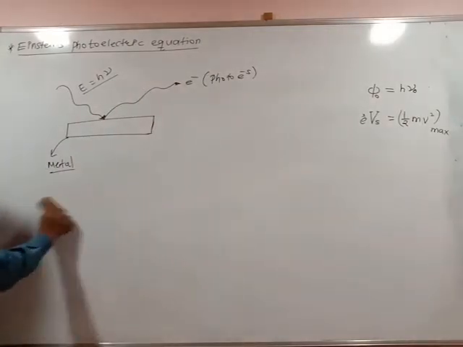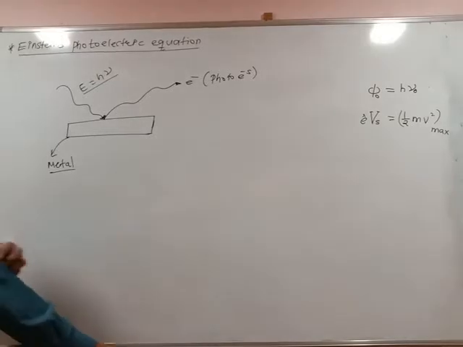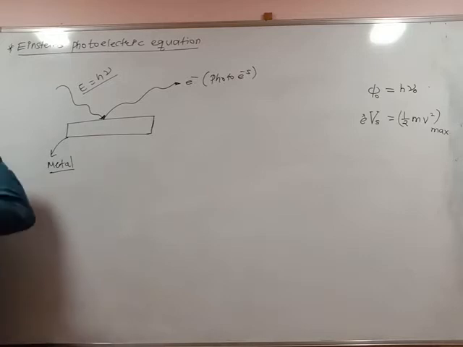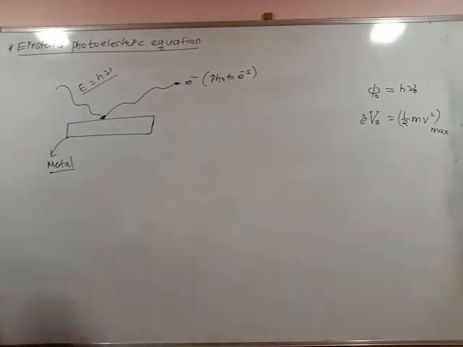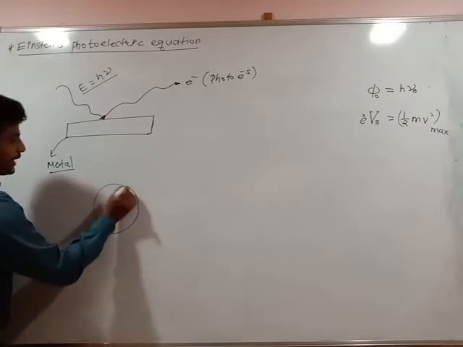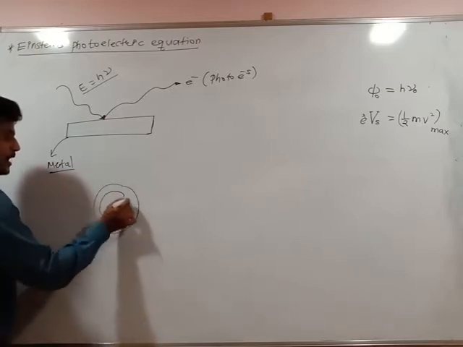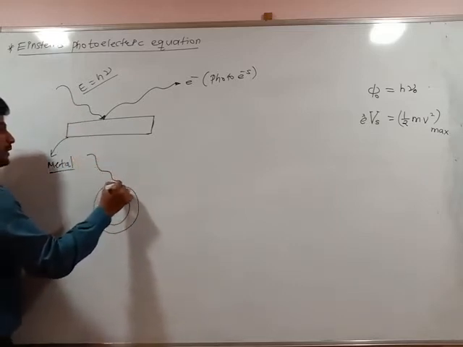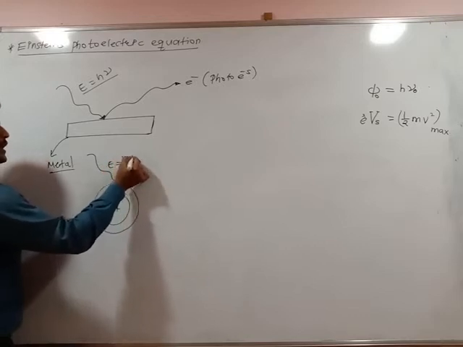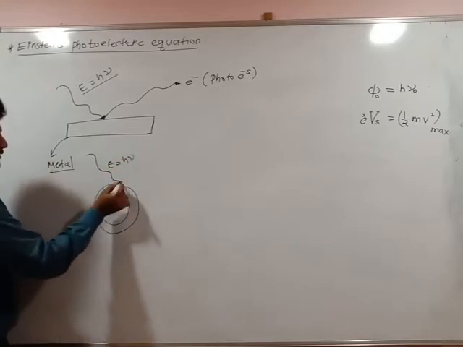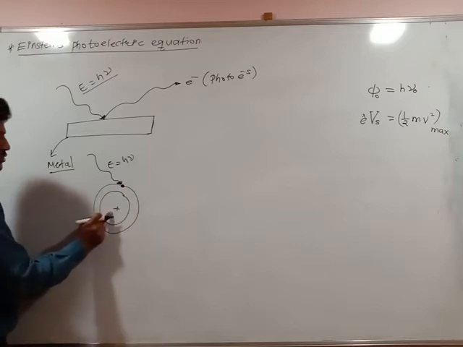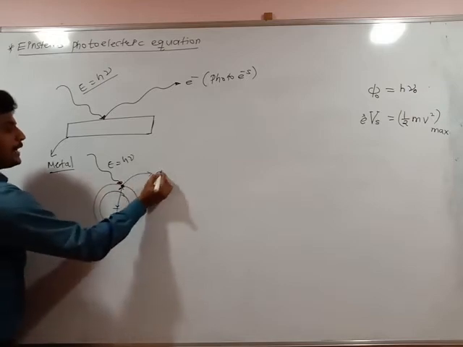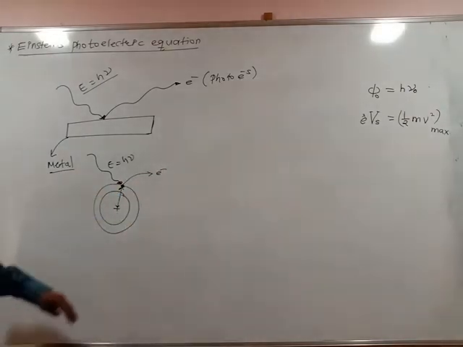Okay. Now we see what Einstein made the equation. E is equal to hν falls on the metal surface, and an electron is ejected from the metal surface. But what actually happens inside the metal? Inside the metal there are atoms with a positive charge nucleus. I can consider the last valence electron. Photon striking on the metal means photon of energy hν striking on the electron. The electron is bound with some energy with respect to this positive charge nucleus. But when the energy equals this binding energy, the electron is ejected from the atom and carries the electric current. This was the atomic model.